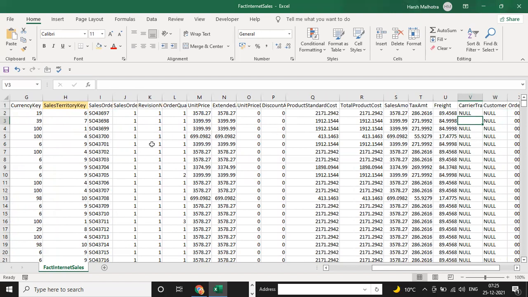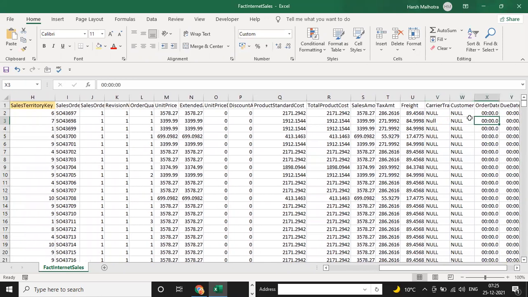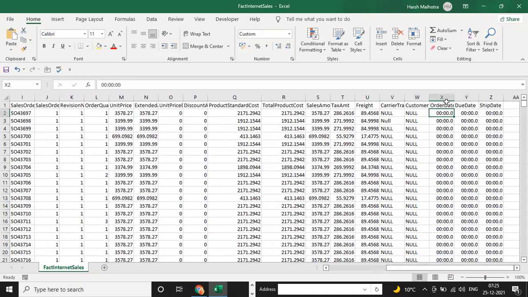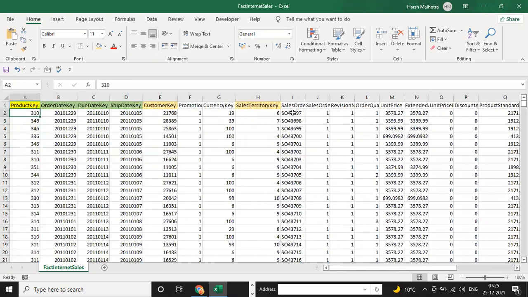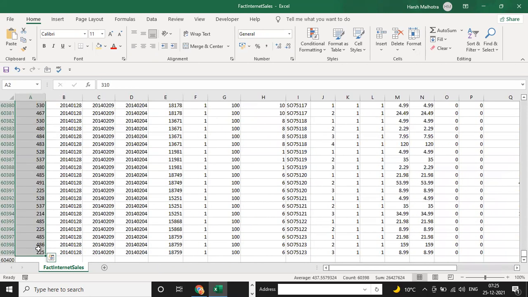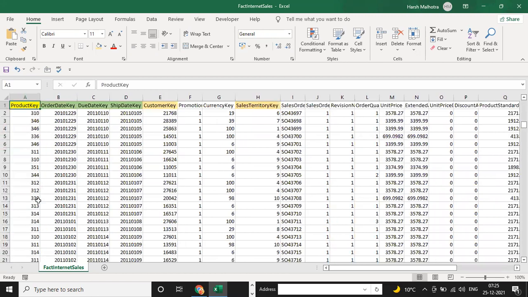Because this report was automatically created by SQL Server, that is the reason this value is automatically taken as null. It means these columns are blank columns. Order date you have, due date, and ship date. So this is your fact table in which you have a lot of data, like 60,399 rows.